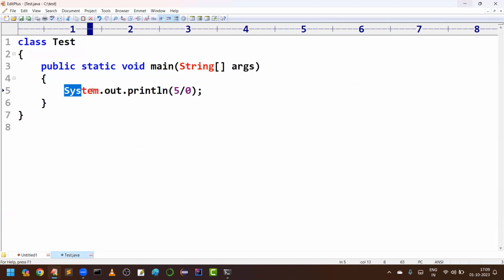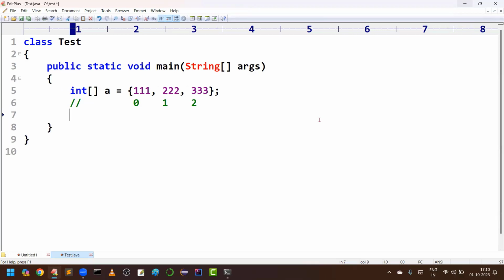Consider I am defining a one dimensional array A with some elements, like 111, 222, 333. If you talk about the indexes, 111 is located at index 0, 222 is located at index 1, and 333 is located at index 2.